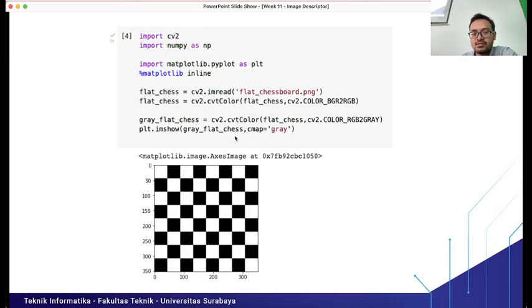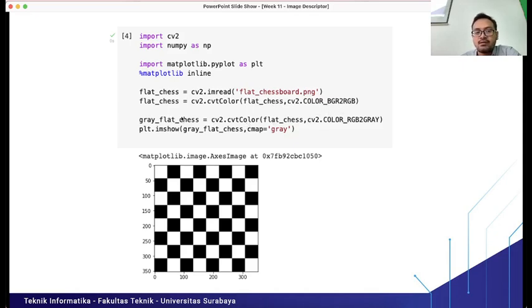If we want to read the image from our directory, you can open your Google Colab, then implement this code. I already uploaded flat_chessboard.png to our Google Drive. Then you read the image and convert it into a grayscale image.